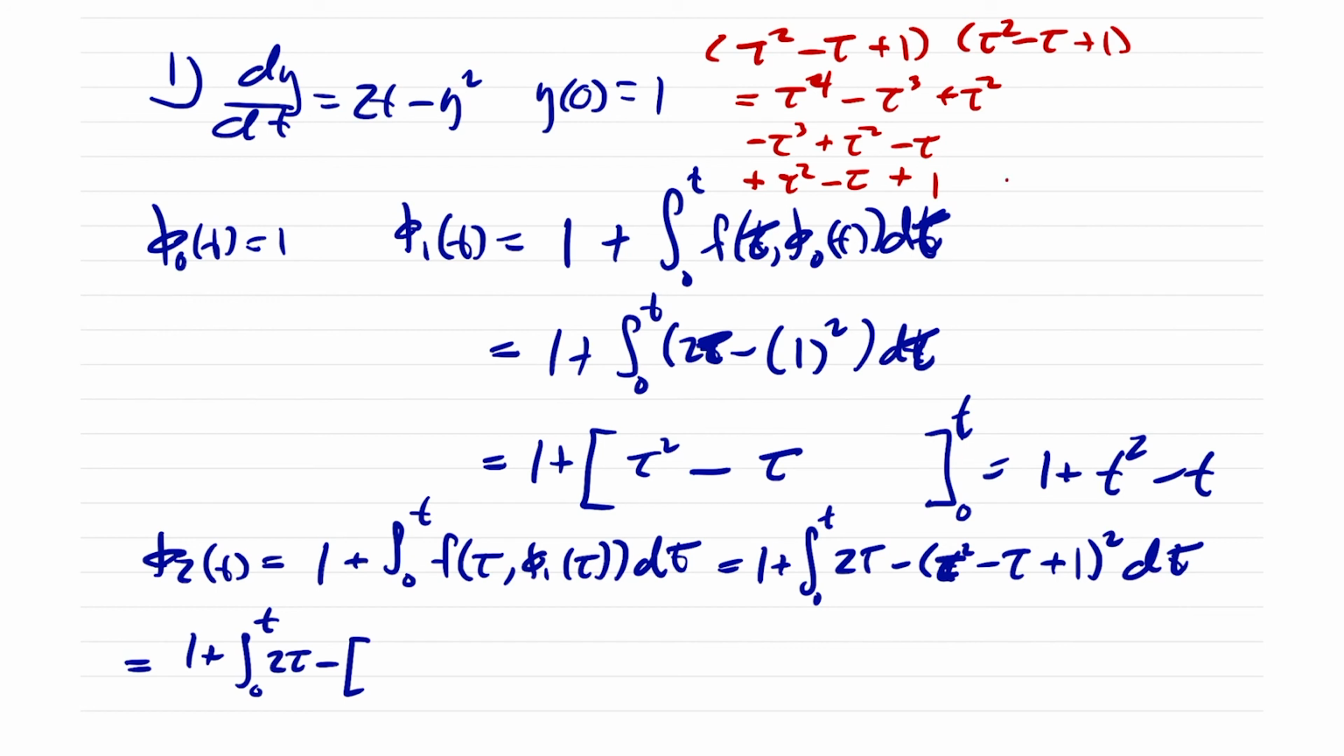Okay, and so all of these guys together give us tau to the 4th, minus 2 tau cubed, we have 3 tau squareds, and we have minus 2 taus, and then we have plus 1. All right, and so putting all that in here, we have tau to the 4 minus 2 tau cubed plus 3 tau squared minus 2 tau plus 1